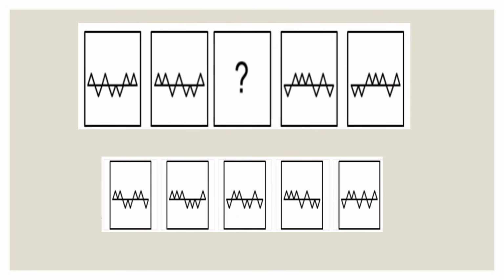All right, so we now have a sequence here where we are not looking for what comes next, but what is basically missing in the middle. So recall what I said earlier, that we will form a conjecture, a rule that is being followed by the other images that we have, and that same rule should also be applicable to the figure that is missing.